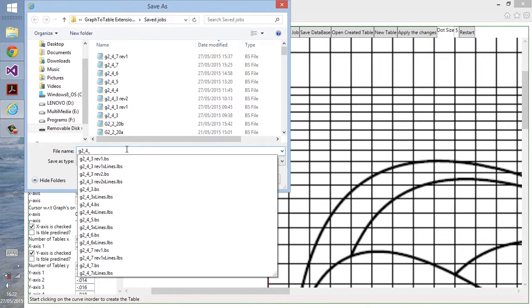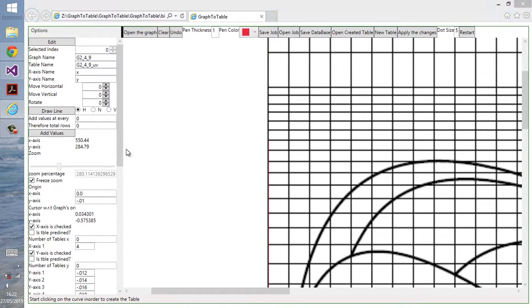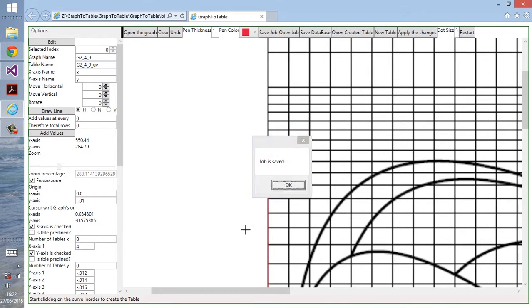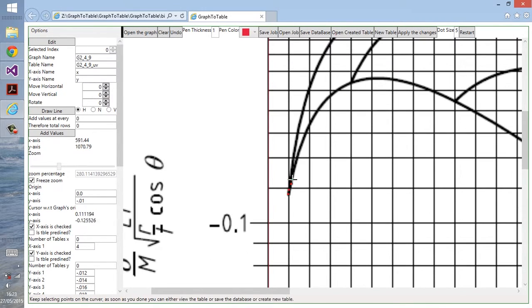Let's give it the name of the graph, which is G-2-4-9. Just click on the save button or enter. Then the job is saved. All our setup is now saved. Now we have to